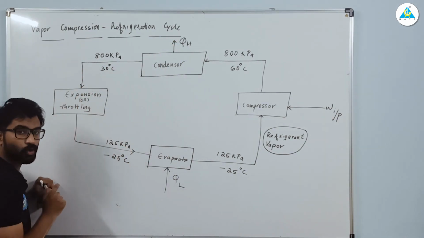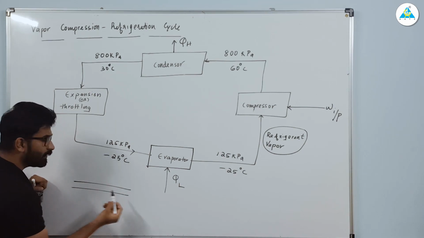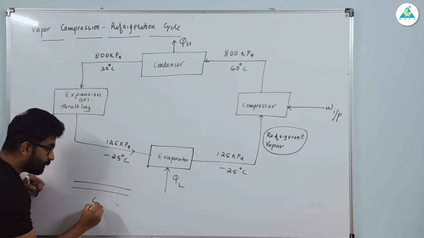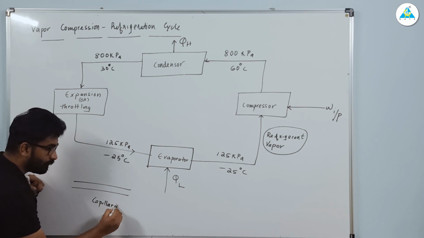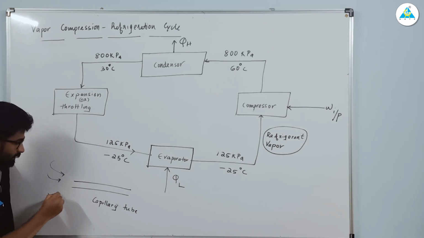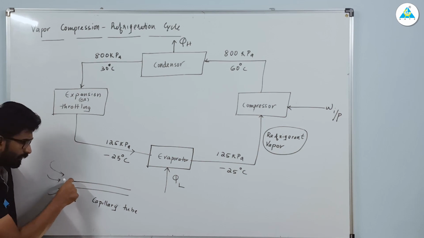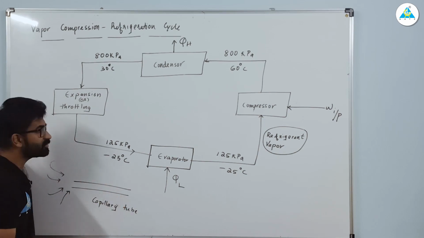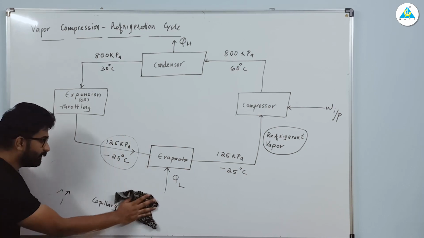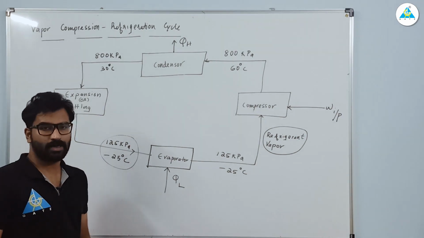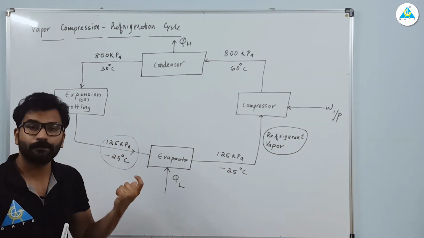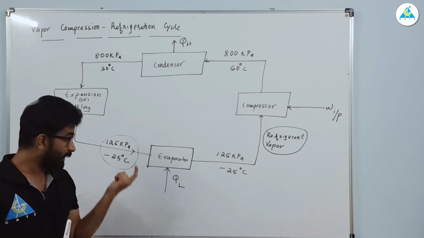Now it is moving to the throttling valve. Throttling valve is like what? I hope you understood, right? So this is like your capillary tube. Yesterday I told you about throttling. What happens in throttling? When high pressure fluid is entering this capillary tube, obviously there will be a pressure drop, a huge drop in pressure associated with a huge drop in temperature. So that's why we told throttling or capillary tube will be used in the refrigeration devices. So there is a temperature drop. So this is a low pressure, low temperature refrigerant. Sorry, this is in liquid form.